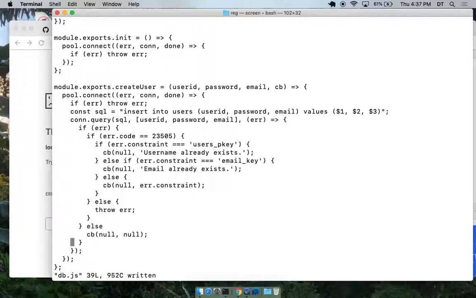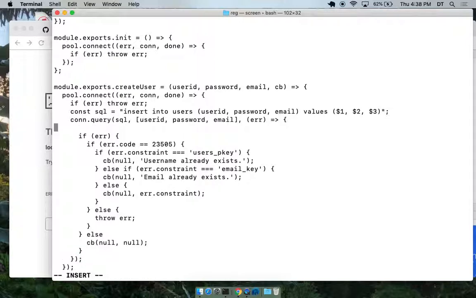Which callback are you calling? Oh yeah, that's good. It's going to give you an error if you're only passing... Oh, this isn't right. I got to call this callback. Oh, okay. This is the callback. And I got to call done in here too. I'm leaking connections. Hold on there. So this is the query. After the query completes, we're not going to do any more queries. So we're just going to call done right away. That releases the connection.